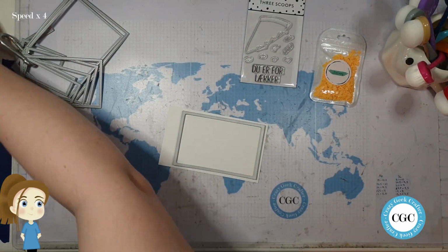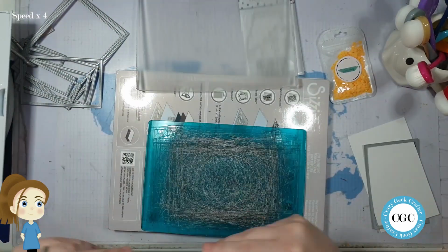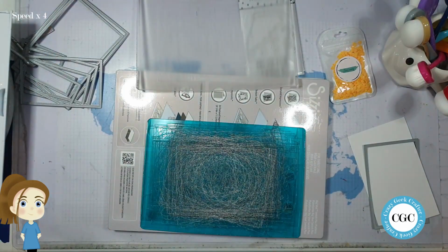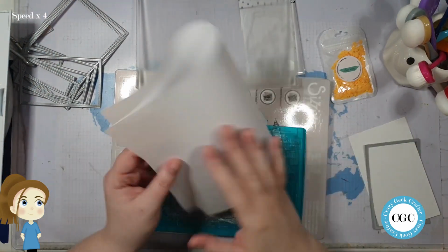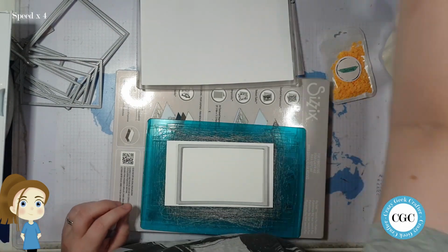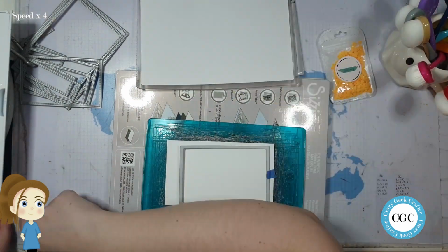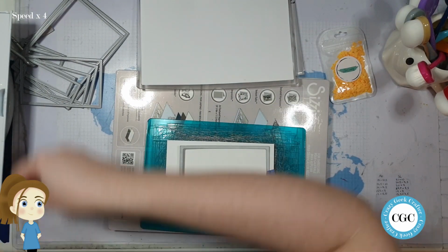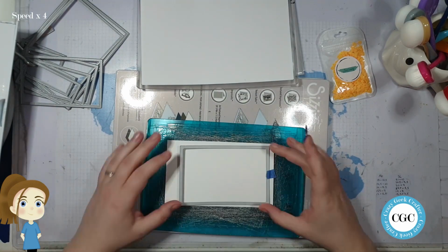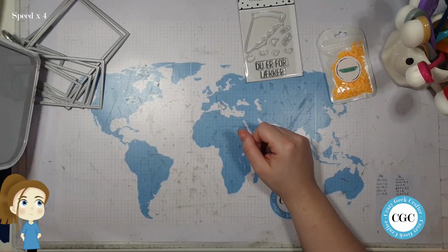And this is a free scoop stamp, and I'm pairing it with some confetti, or clay shaker mix, from Love2stamp. But first I need a panel, and that will be cut with simple and basics rectangles out of Neenah Classic Crest paper in solar white, because I knew some of this was gonna be